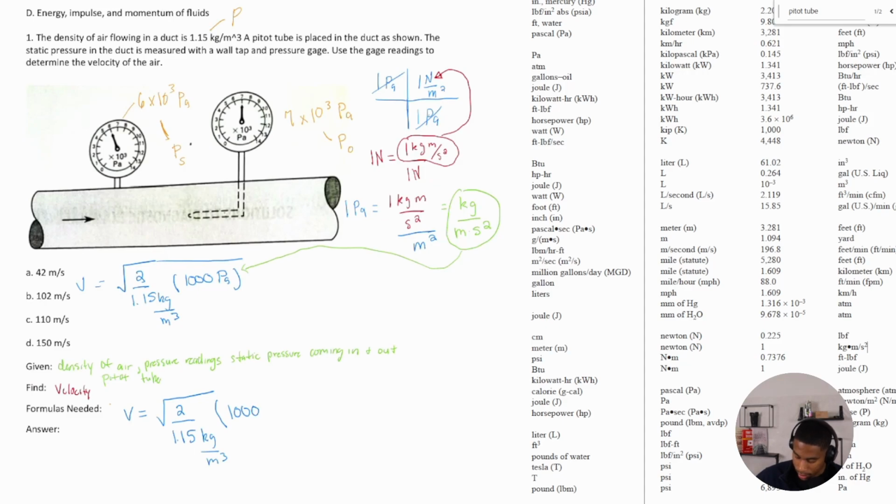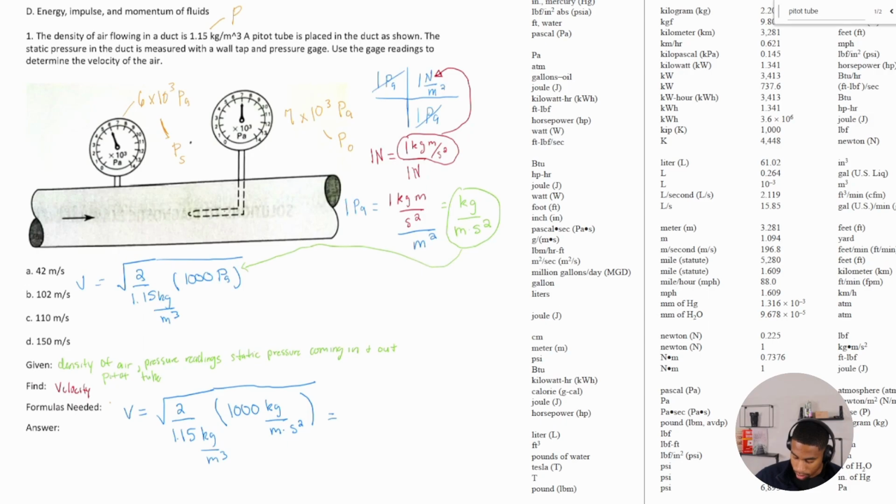Instead of Pa, we're going to put kg over m times s squared. All right. And all of this, unit wise, should be meters to the